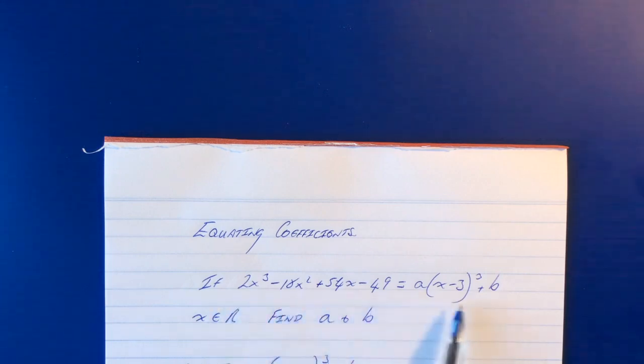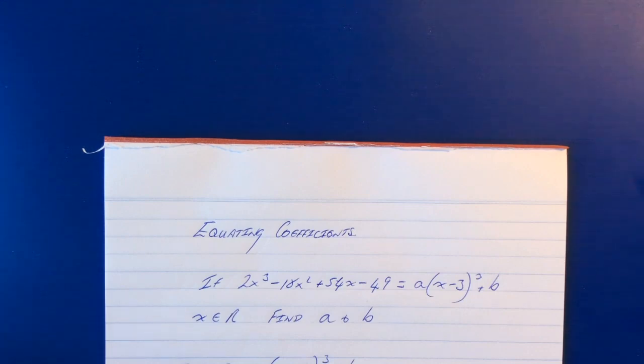So this is pretty typical of the sort of basic question that you get asked when you're asked to equate a coefficient. So let's see what we've got. 2x cubed minus 18x squared plus 54x minus 49, and we are to make this equal this, or this equal this. Take it as you will. We have to find out what a and b are. And you'll notice that this is in a different form to the function on the left, the expression on the